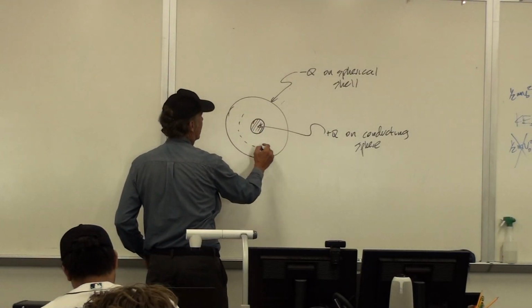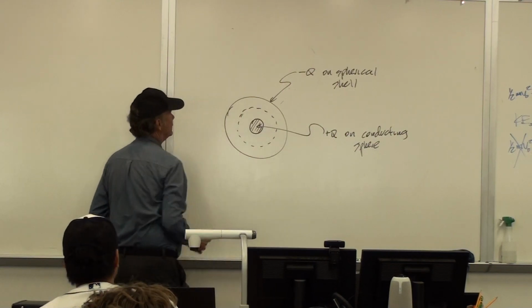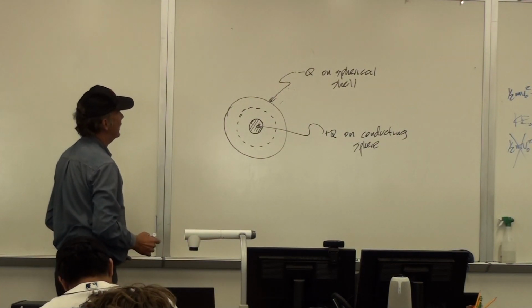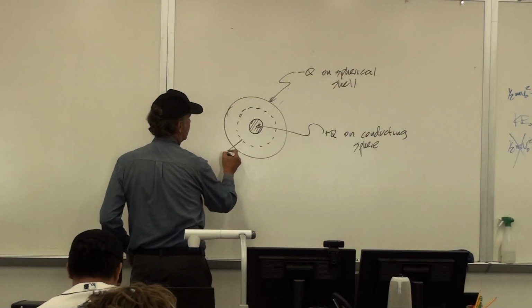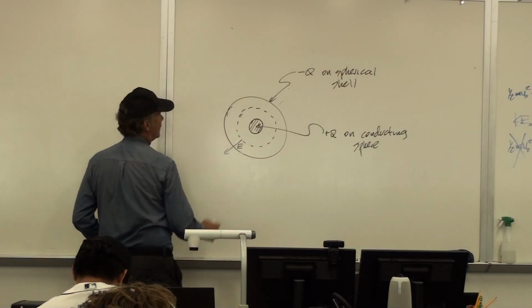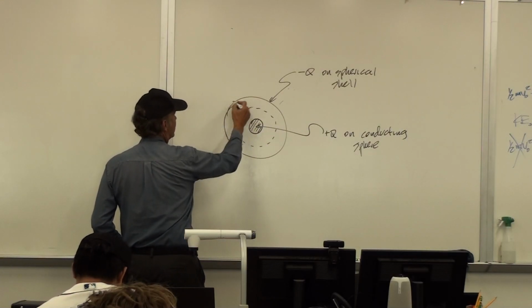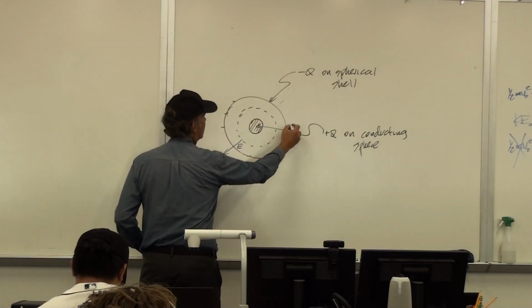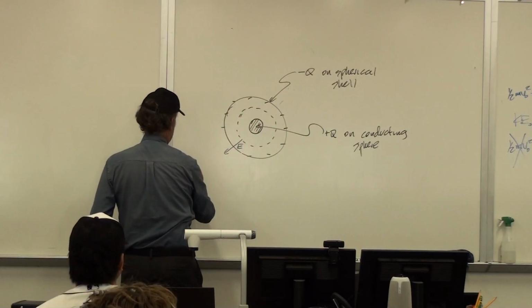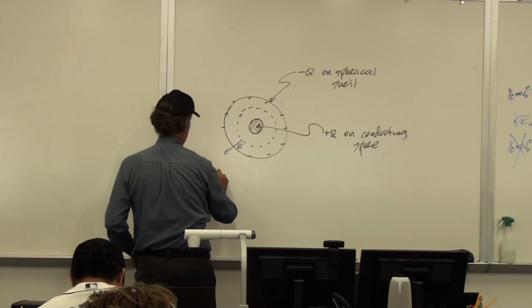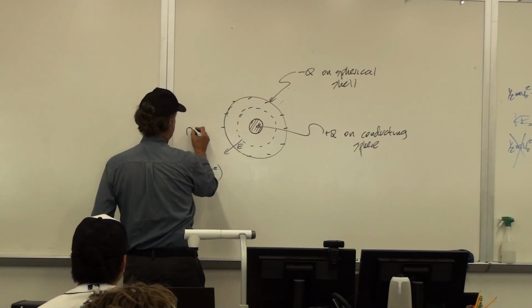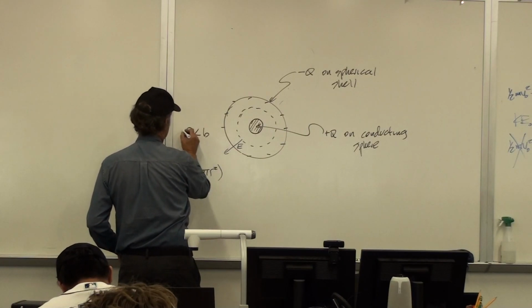These are the kinds of problems that I gave you to work on last time. If you're in here, your electric field E from this charge wouldn't be affected by the minus charge on the outside. So you just have E times 4 pi r squared, where r is less than b and greater than